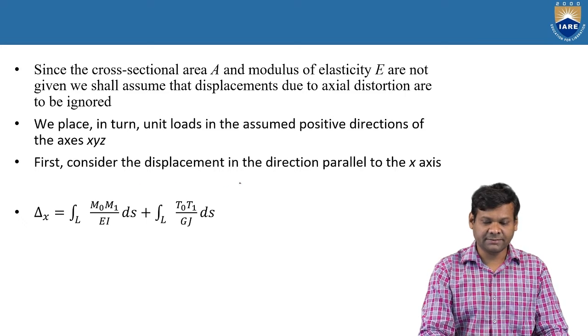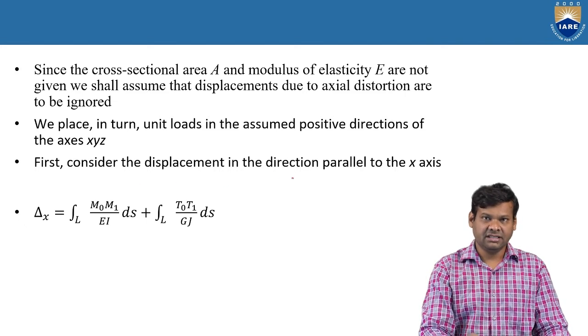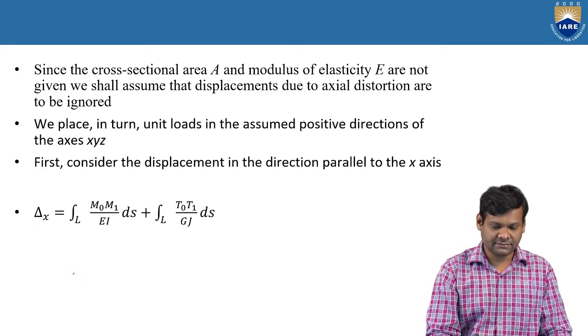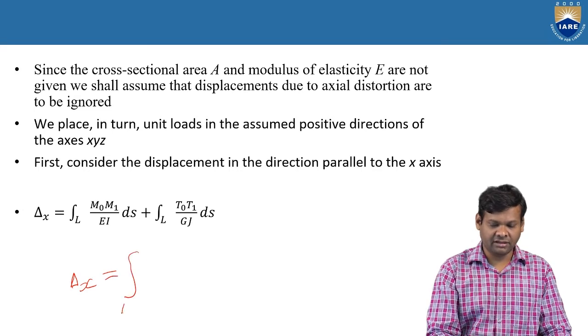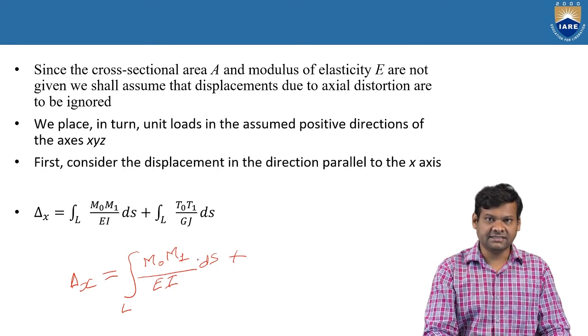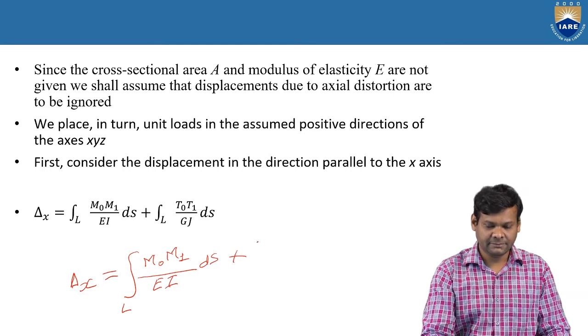First consider displacement in the direction parallel to the x-axis. What we are doing is considering the displacement in the direction of the x-axis. What we can write is delta x equal to the integral taken along the length L of M0 M1 divided by EI ds, where ds is a line element along the length L, plus